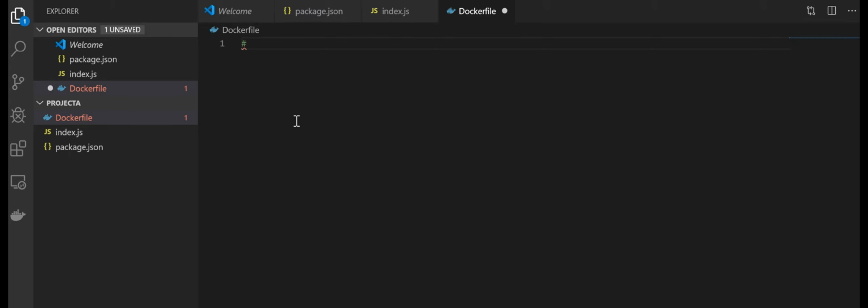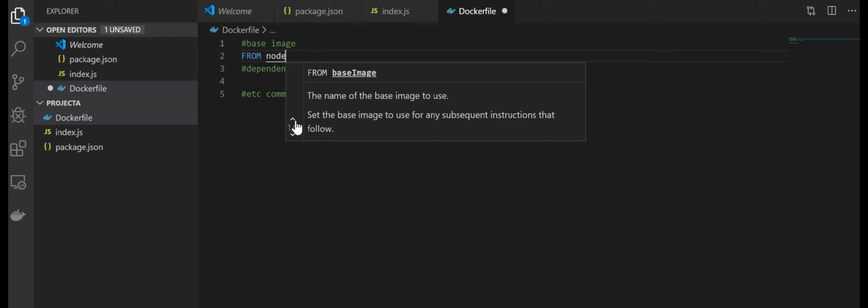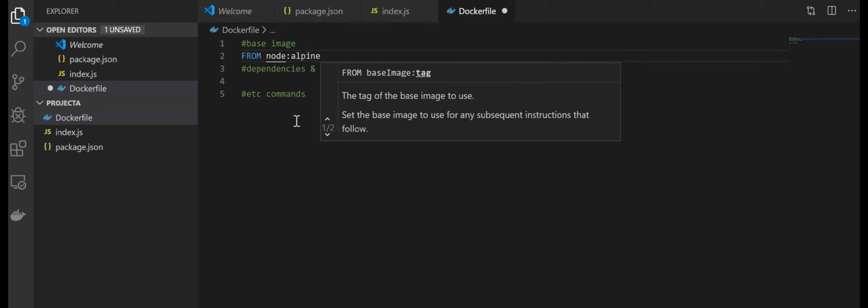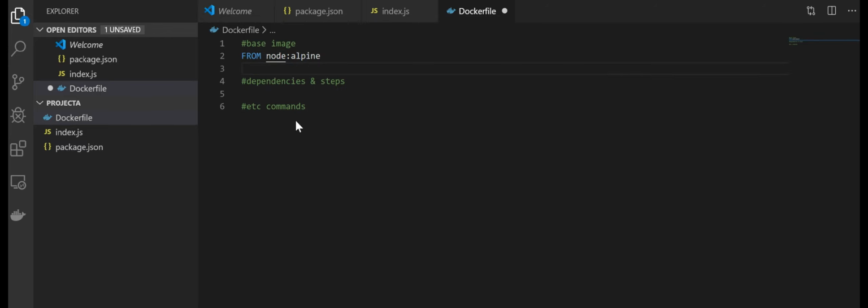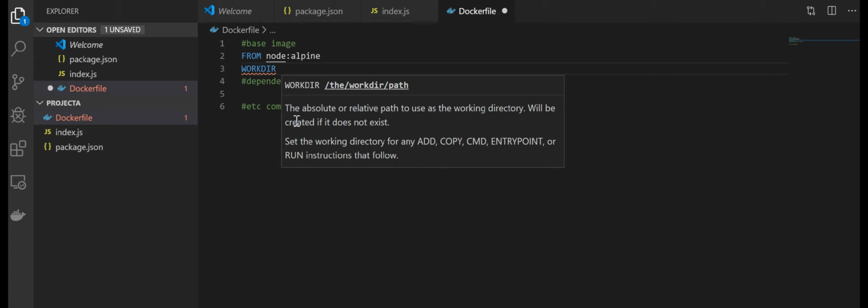So just as before, key in base image, then I key in dependencies and steps. Okay, so the last part is the commands. Right, so over here I will be using FROM node. I'll be using Alpine. Then I will declare WORKDIR. So work directory